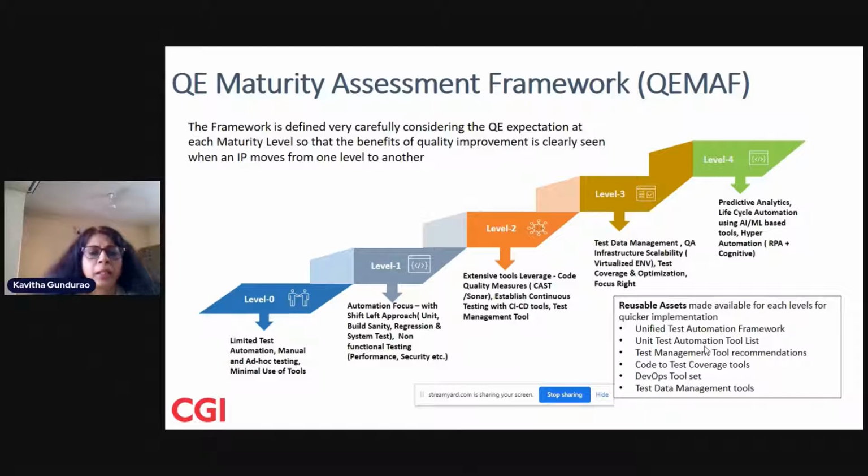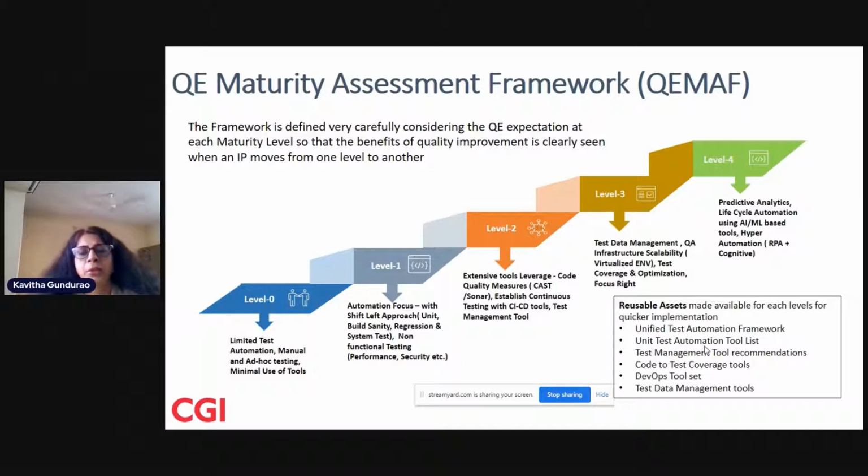And level one is something where you focus on automation with a shift left approach, and not just at the regression testing, but you start focusing on unit testing, build sanity, regression, system testing, and so on, right? And also continuously focus on non-functional testing such as performance and security. So that's what comprises level one.